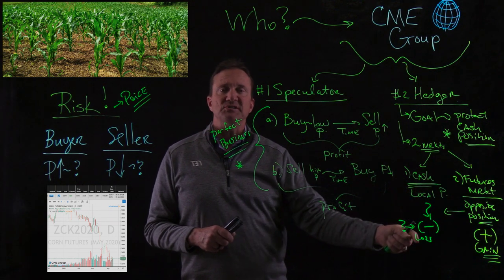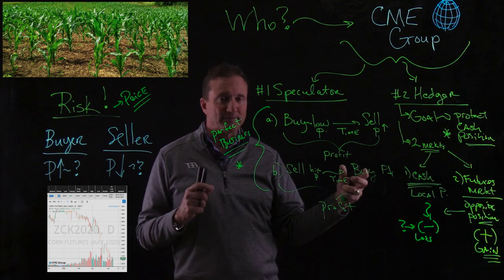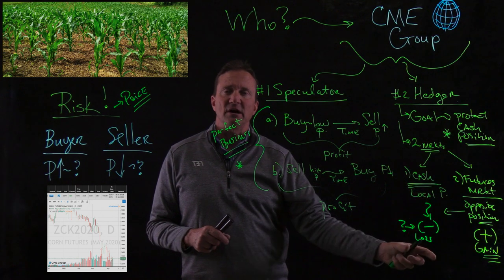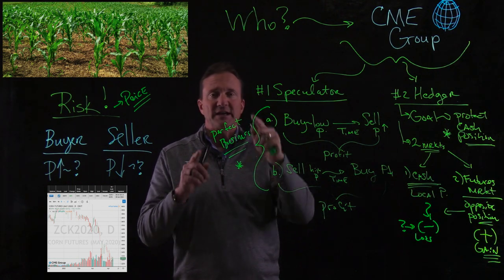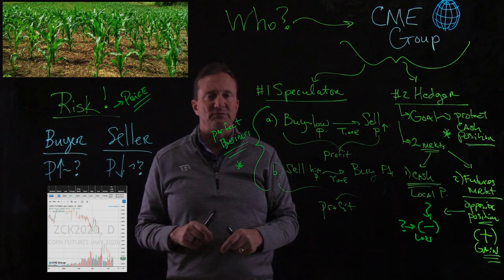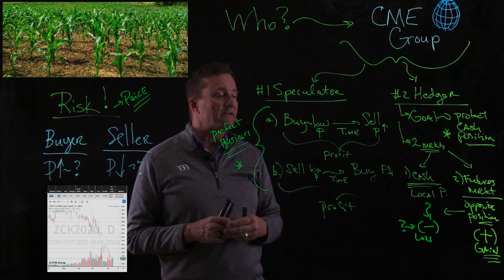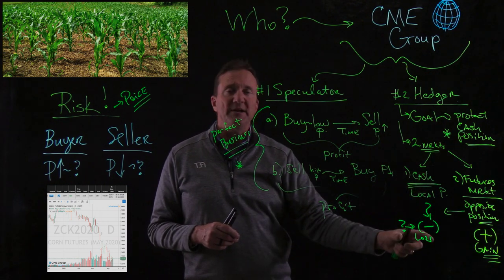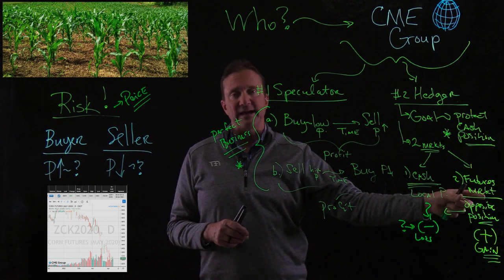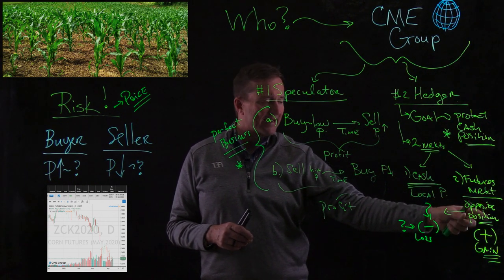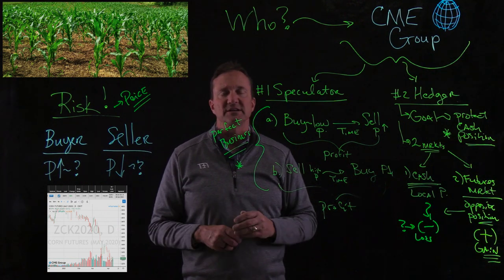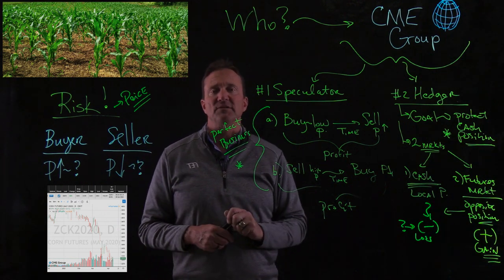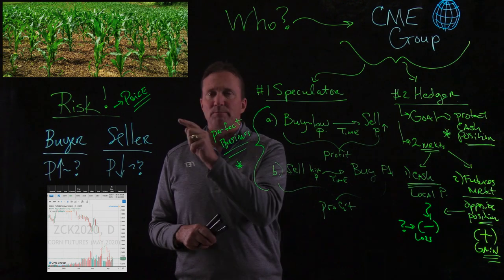So if they're in a position where they'd like to try to protect that, they can take a loss in the cash because the futures market and the cash market kind of follow each other. They have to. That's really how they correlate together. But if they lose money in the cash, they take the opposite position in the futures and can gain that money back. That helps them offset and protect risk. And that's really why the hedger's involved in the futures market, to manage price risk.